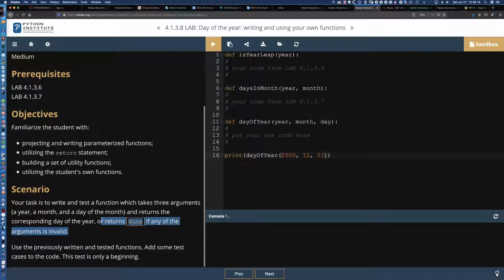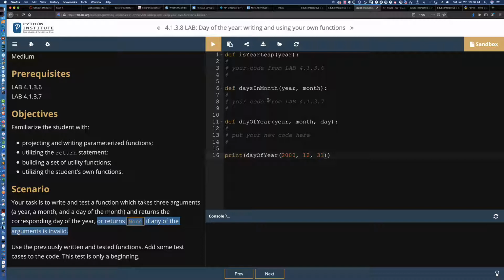So this code we're going to be able to reuse from 4.1.3.7, because we already took a look at how to invalidate if the month or the year is out of skew. Now the day we're going to actually have to incorporate, and we've already got that data queued up as to how many days are in each month. And it's in that list that we